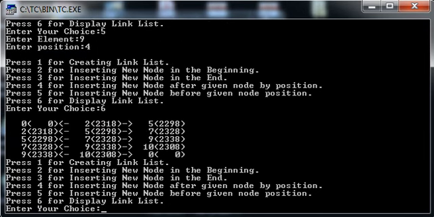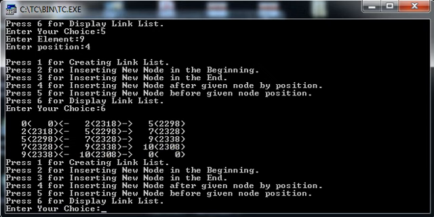Okay, so as you can see, 9 has been inserted before fourth position. Initially at fourth position there was 10, and right now 9 is there. Once again you can check the addresses, right?